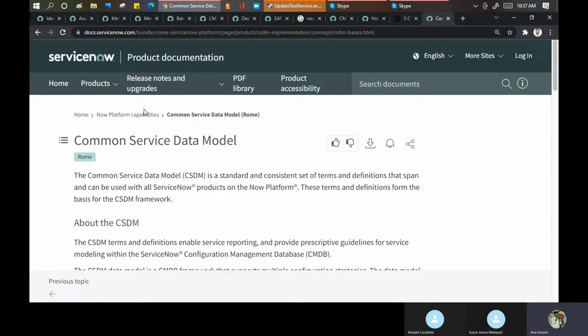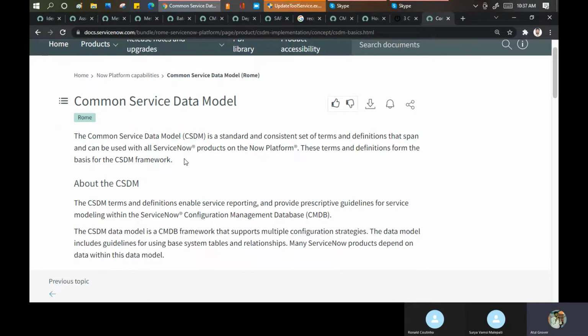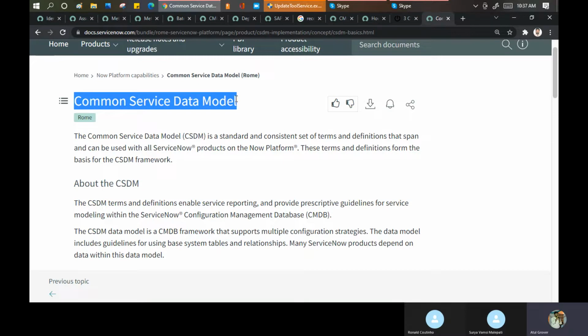No. So to overcome this problem, ServiceNow called some experts at their end, and they built a model called the CSDM, Common Service Data Model. This model will be applicable for all kinds of services you are onboarding in ServiceNow.